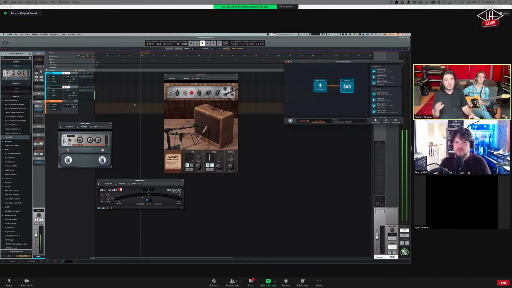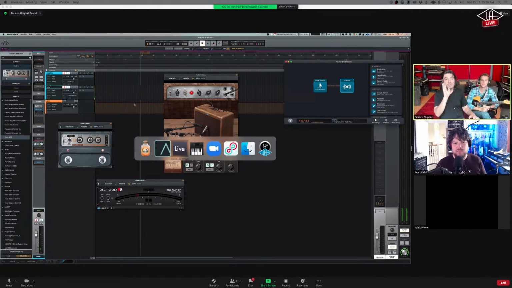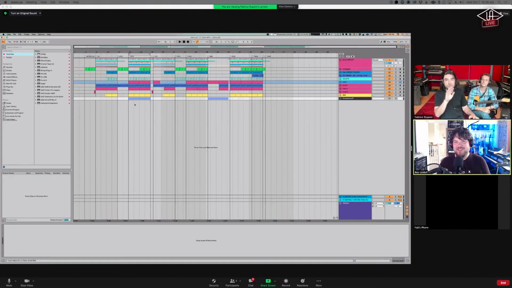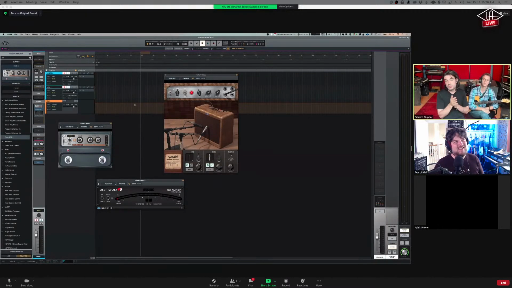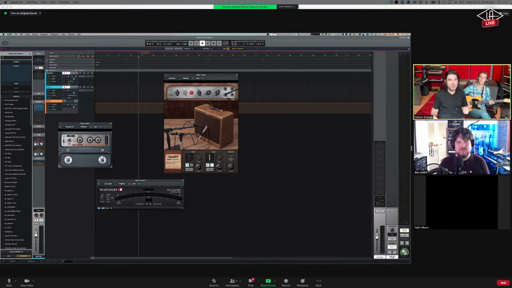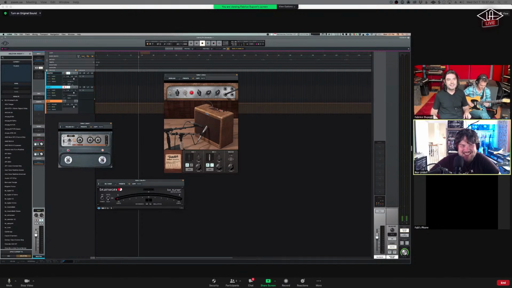By the way, Ableton is just hanging out in the background doing its thing, playing the track, just playing along while I'm working in Luna, which is really, really practical. So, okay, that's pretty cool. Let's do it. Do you want to do a take? Yeah. Okay, let's do a take. Is it really that easy? Yes, it is. Here we go.